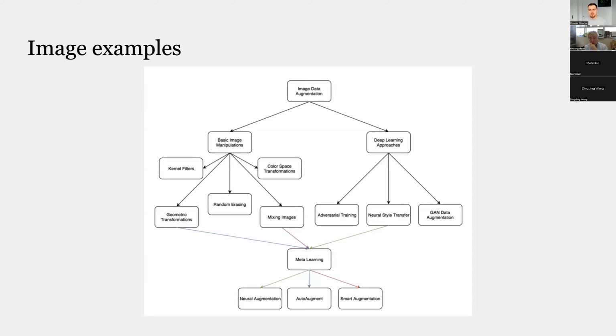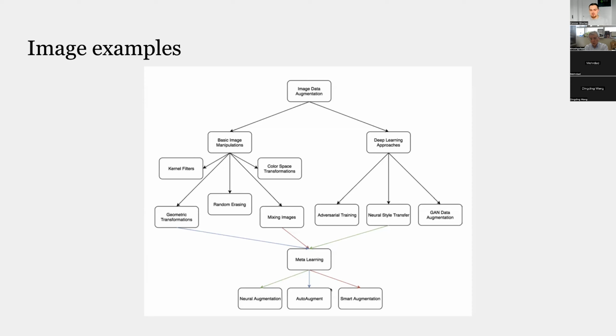And then these really interesting deep learning approaches. As the time of my PhD progressed, this space evolved in a really incredible way. This generative data augmentation uses deep generative models to generate novel data. It started out with adversarial training, where you would directly optimize some noise map that would cause the model to make an incorrect prediction, but it would be imperceptible to humans, so you would still have the same label. Then neural style transfer, combining styles, and then this idea of GAN data augmentation, where you would just outright generate novel images to add to the data set.